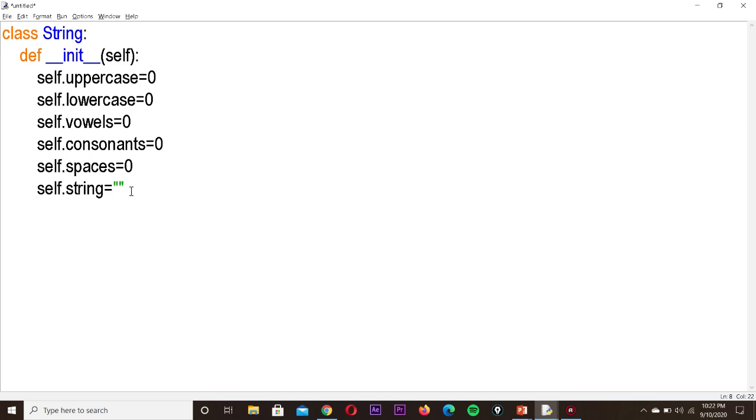We have finished the initialization, that is the init constructor has been finished. Now we define the next function, with def. All these functions are defined inside the class, so we have to give one tab space. Don't write the function here. This is a common mistake some students make. These functions are methods defined inside the class, so we have to leave one indentation, otherwise it will show an error. So def.